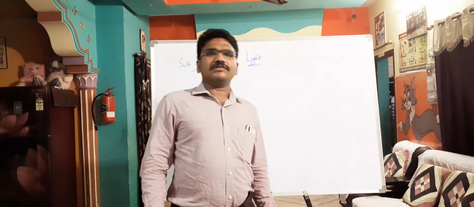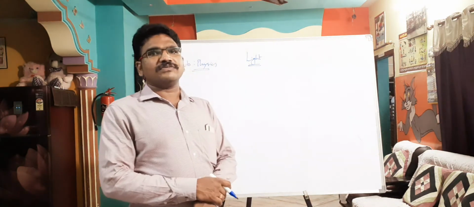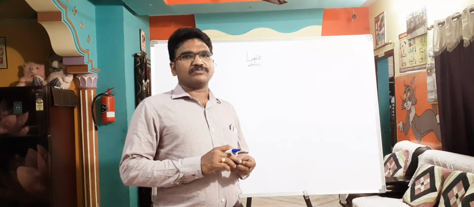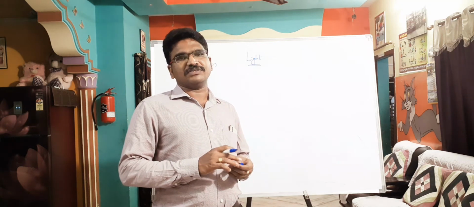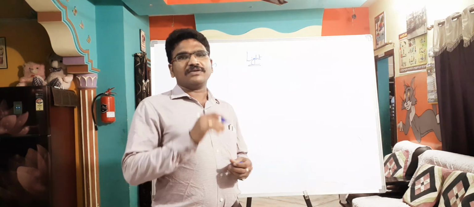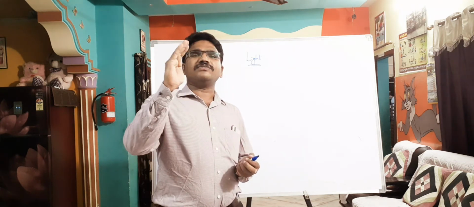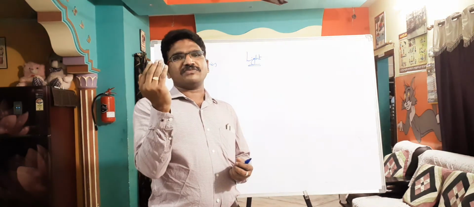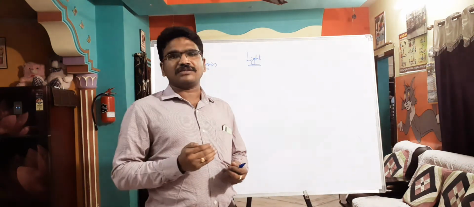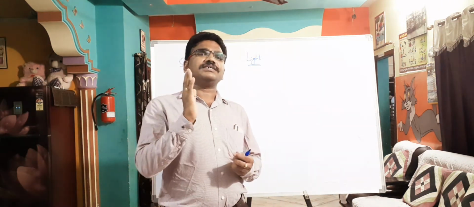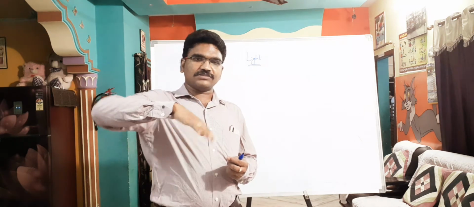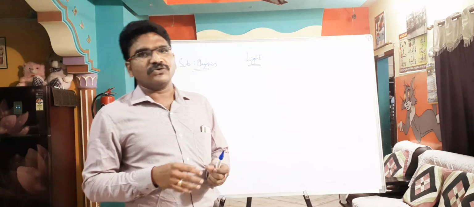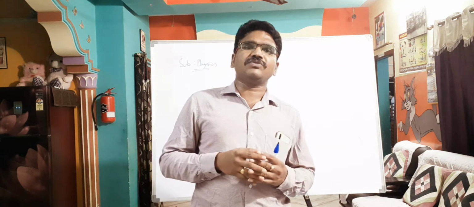Dear students, in the previous lecture we discussed how images are formed by spherical mirrors, concave and convex mirrors. We have already discussed that on curved surfaces, on one surface you may get one type of image, on the other surface you may get another type of image. Sometimes you will get erect images, inverted images, real images, diminished images, magnified images. So you will get different types of images.